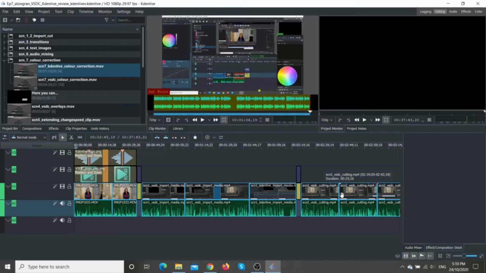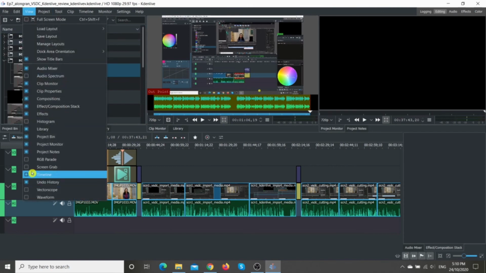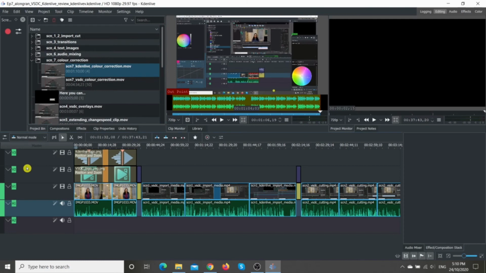Both VSDC and Kdenlive have screen recording functions, but neither is really ideal. So in Kdenlive, what you do is you go to View, you can pick Screen Grab, and then this neat little interface appears with a record button. So you can record,